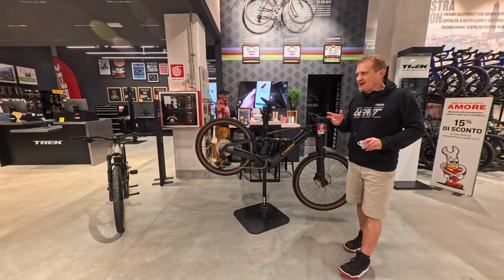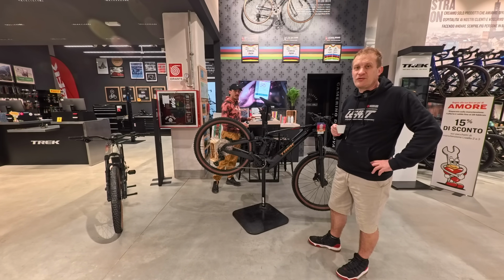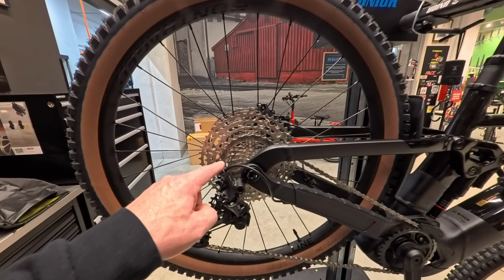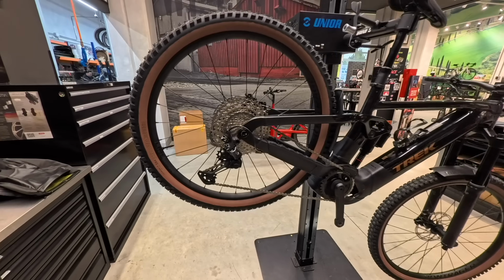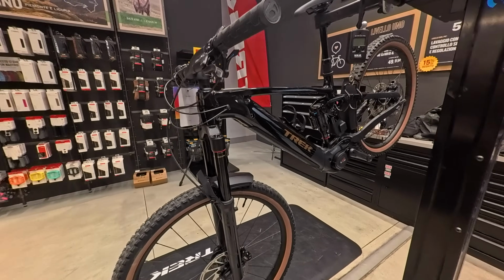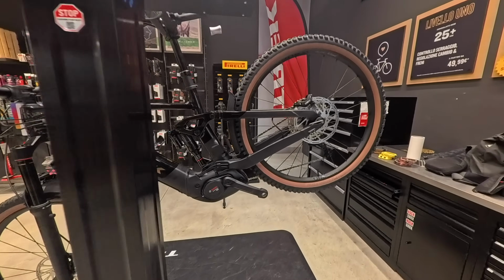The old Rail came out in about 2019 and 2020. It was one of the best bikes on the market for all-mountain enduro. So it's interesting to see now what they've done with this, and there have been some changes with the geometry. This is a medium size, and this has got a 450, although the large size, which is what I would be riding, because this is a bit too small when I sit on it, is a 490, so